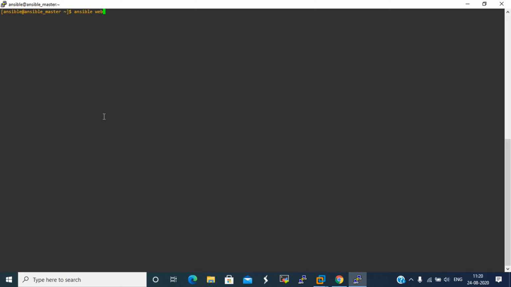The module name is yum because we are using CentOS. For Ubuntu, there is the apt module. For now we are using the yum module, and we are using ad hoc commands. So mention hyphen a, then mention the package name which we have to install.